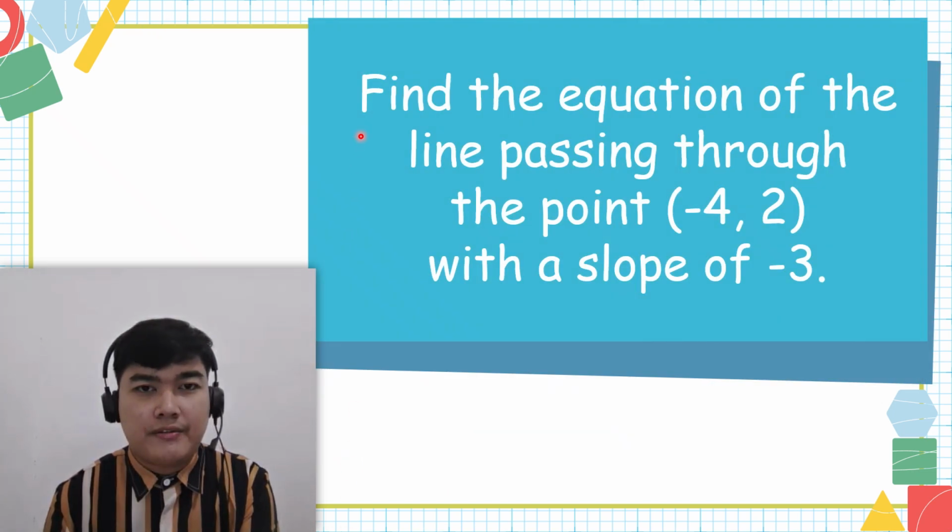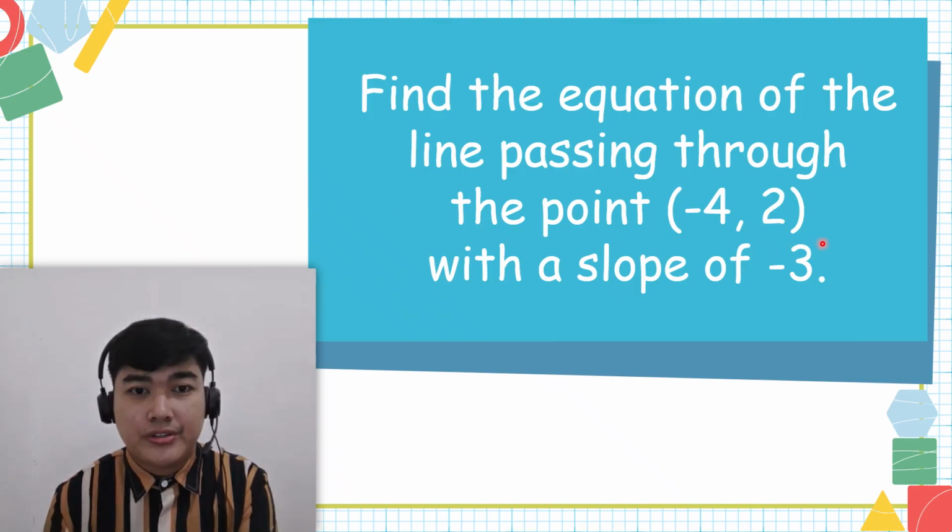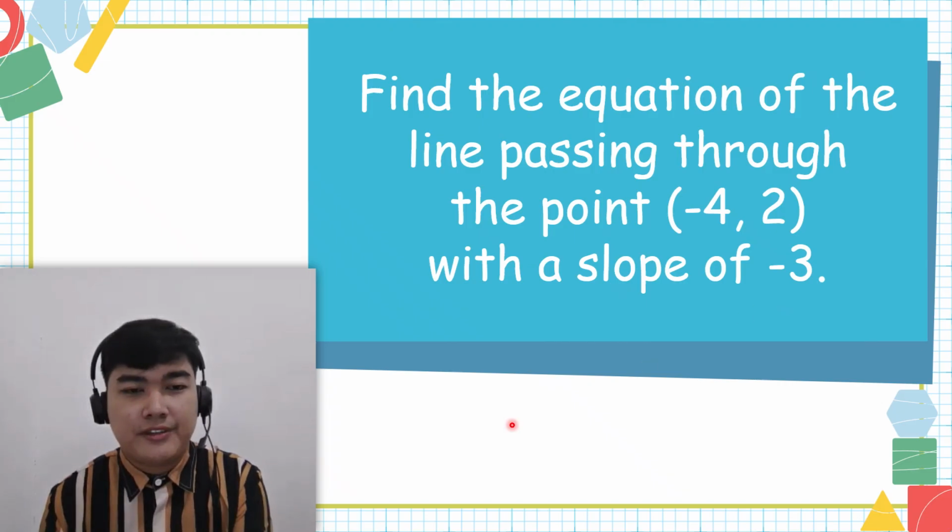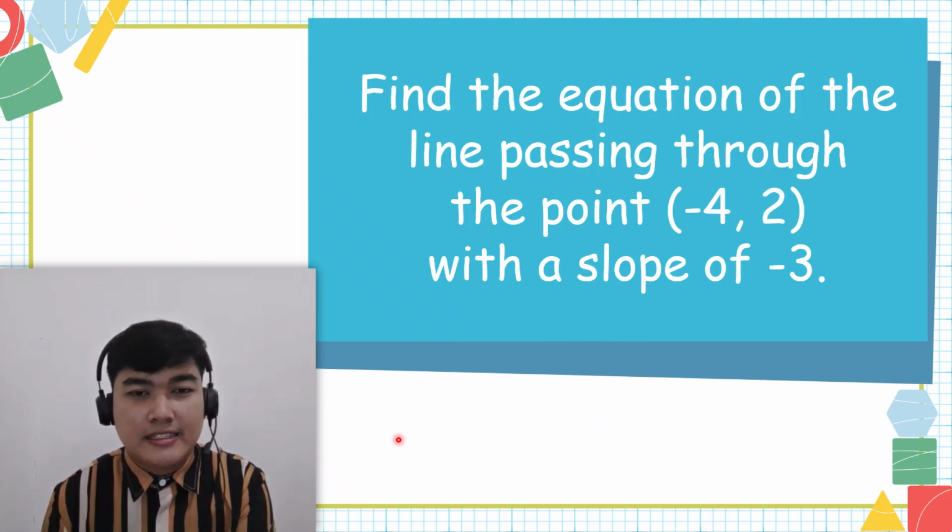Okay, next we have: find the equation of the line passing through the point negative 4, 2 with a slope of negative 3. All you have to do is to find the answer in this given problem. You can use scratch paper to solve, and don't forget to write your answer in the